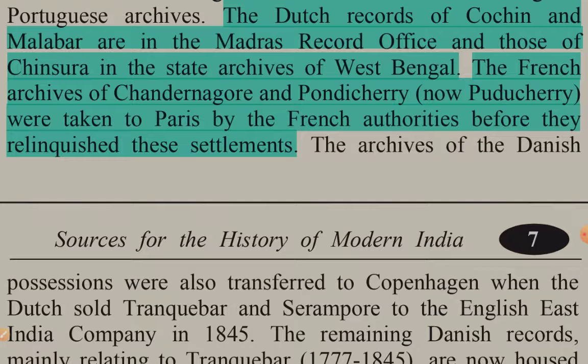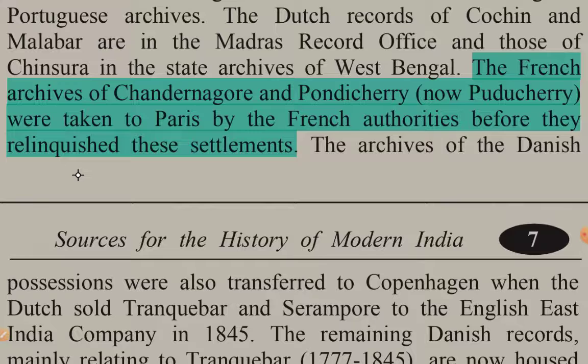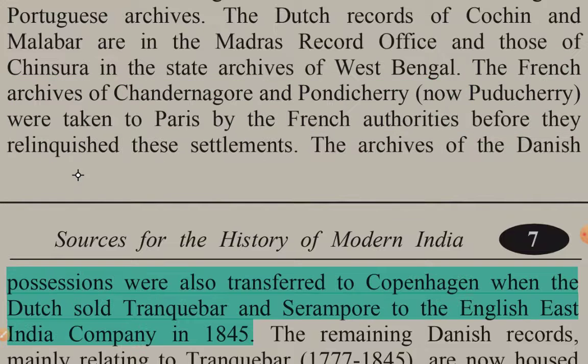The Dutch records of Kochi and Malabar are in the Madras Record Office and those of Chinsura are in the State Archives of West Bengal. The French archives of Chandanagore and Pondicherry, now Puducherry, were taken to Paris by the French authorities before they relinquished these settlements. The archives of the Danish